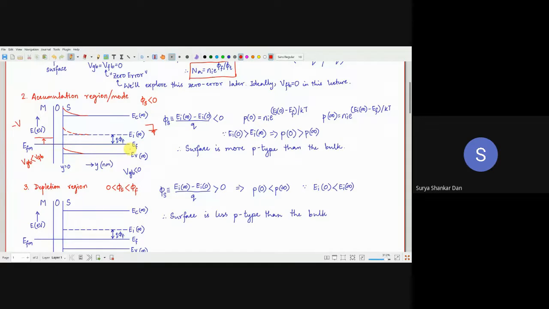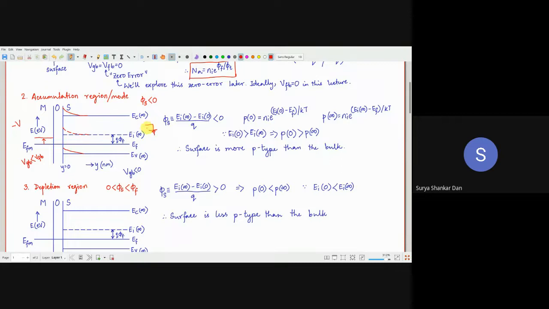Why? Because the Fermi energy level changing means there is a carrier transport. Carrier transport is not happening. So the Fermi energy level will still remain the same. Since there is no carrier transport possible, the Fermi energy level remains undisturbed. The Fermi energy level in the semiconductor remains the same. However, in the metal, it will rise up because you are directly applying potential to the gate terminal. You are not directly applying a gate potential to the substrate. The substrate is still connected with the ground.